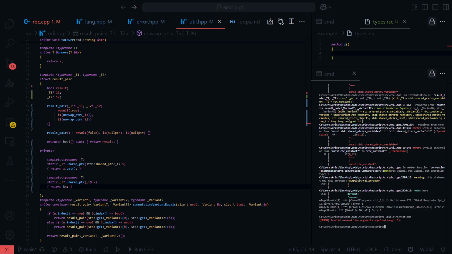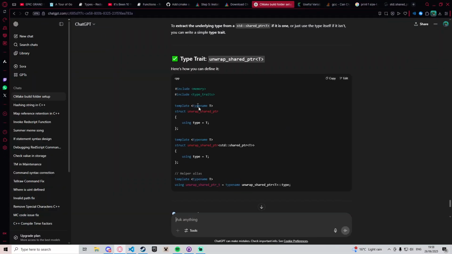Let's ask GPT. So it said, wait, how can I get the type inside a shared pointer if it is a shared pointer? Otherwise, just give the type. So, a type trait. Okay, I actually have heard about this a lot, and it says unwrap shared pointer.